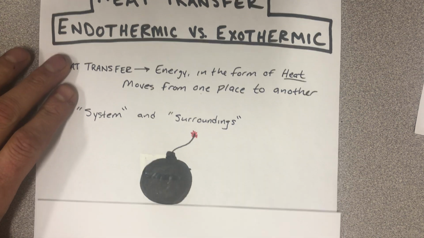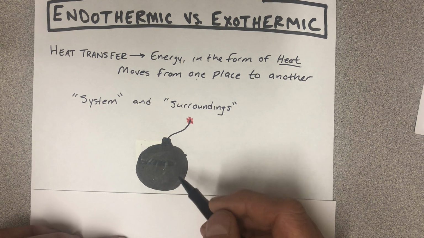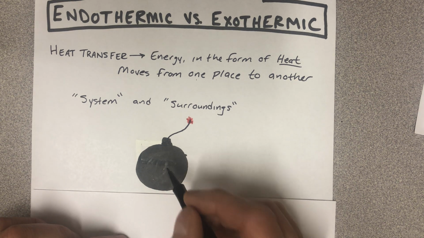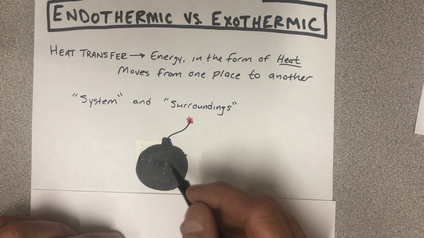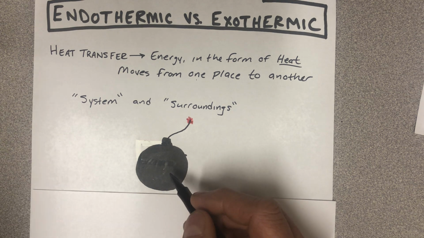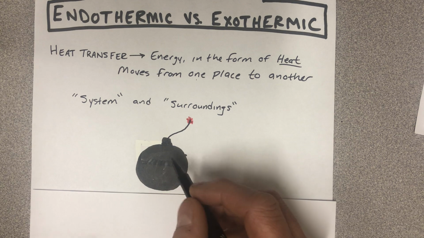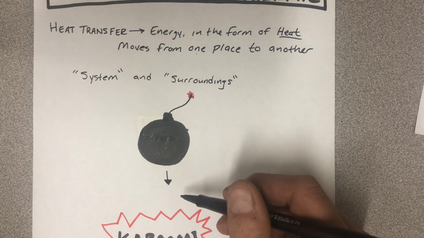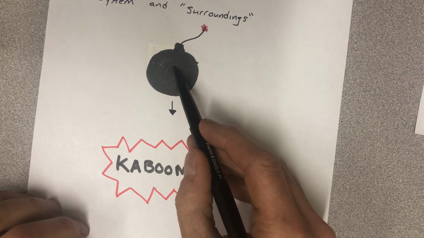So let's consider that we have this bomb, okay? This is like an old-timey looking bomb. And this bomb has a bunch of chemical potential energy stored up in it, okay? So it's got energy that is locked up in the molecules that are in the explosive compounds within this explosive, okay? So as this bomb detonates, kaboom, you will see and observe a heat transfer from inside of the bomb